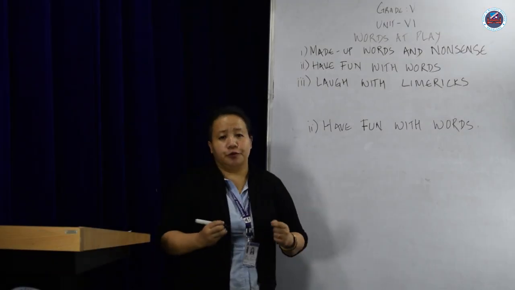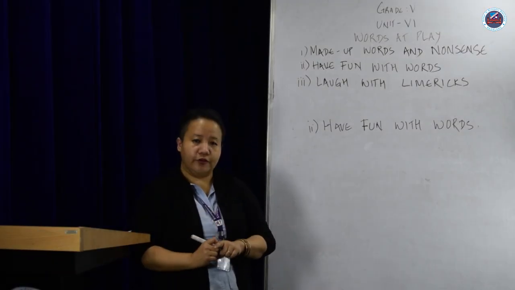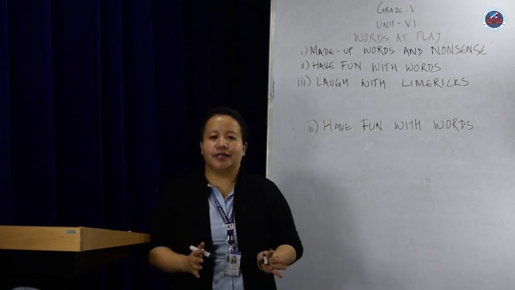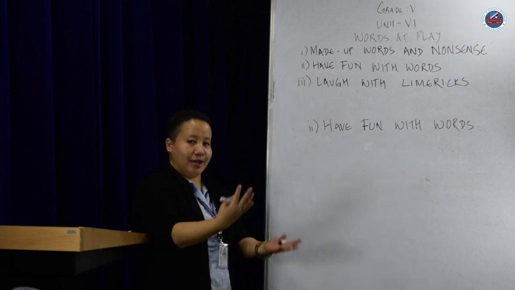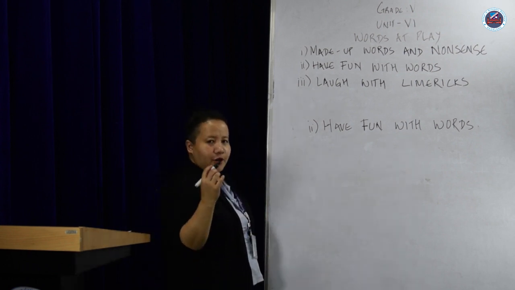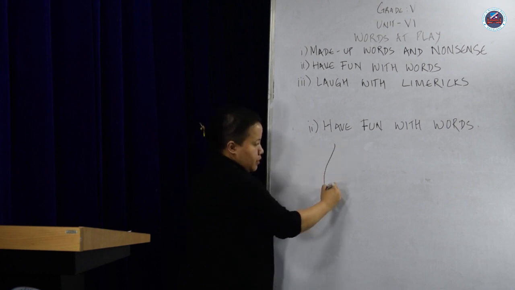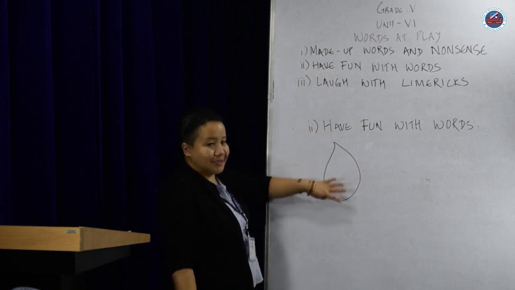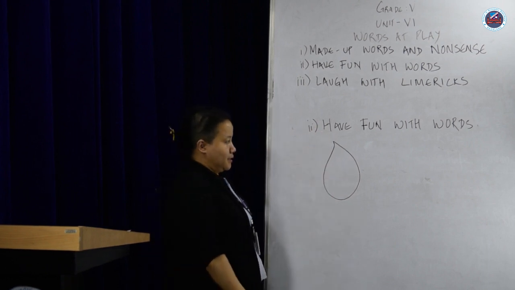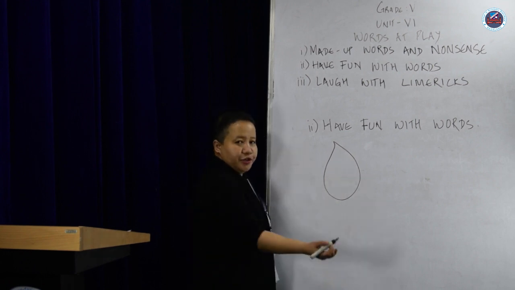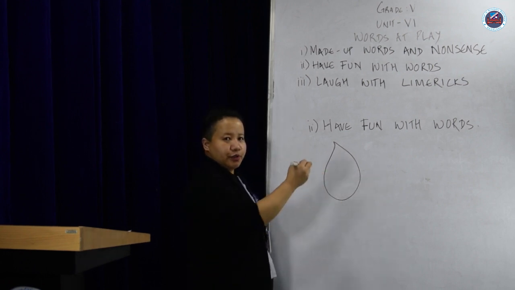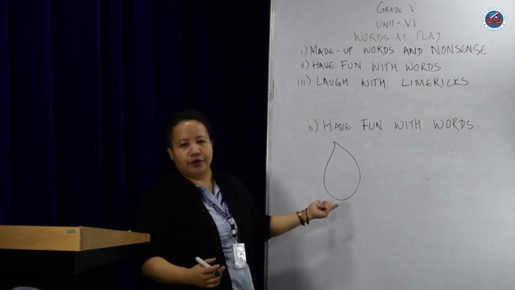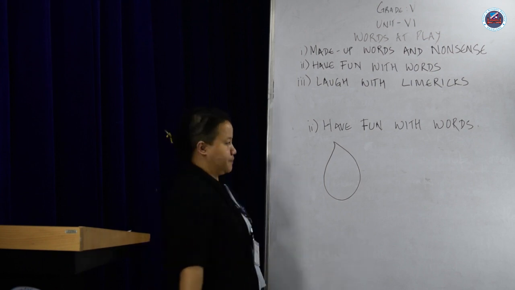Now, how to write a shape poem? I will give you a very simple example. First, you need to think of any idea that you would like to draw or write about. For example, I have thought of a raindrop. Firstly, you need to draw the outline of a raindrop. Secondly, try to put words that are related to the rain. When you think of the raindrop, what are the things that come to your mind? Say